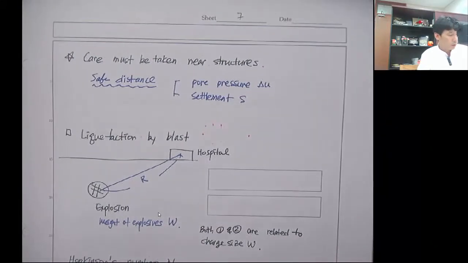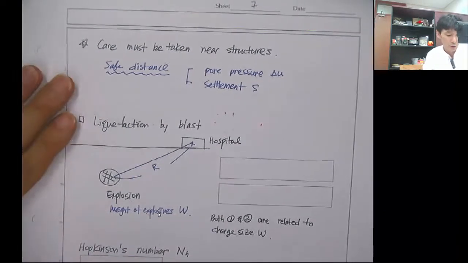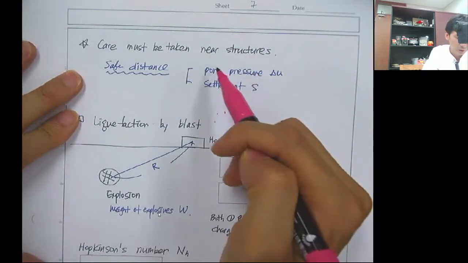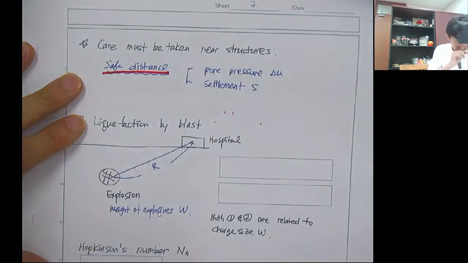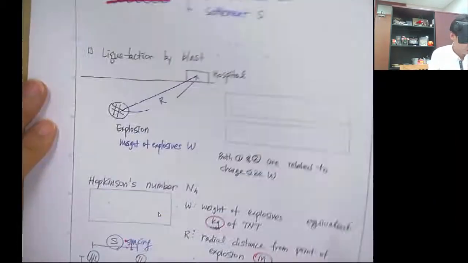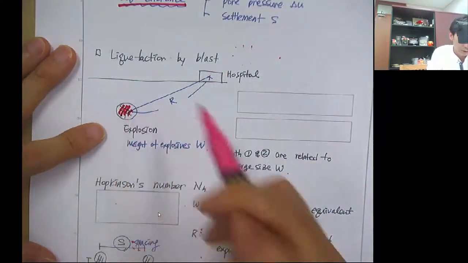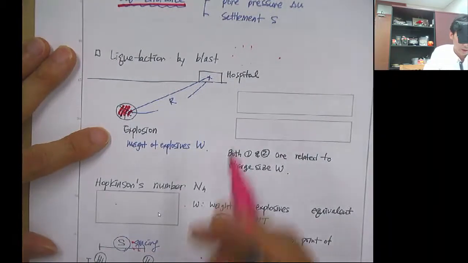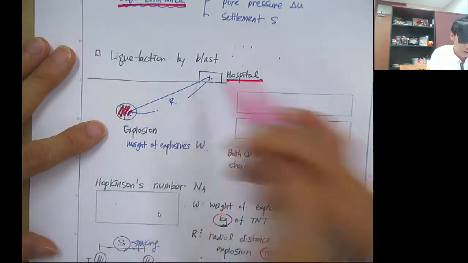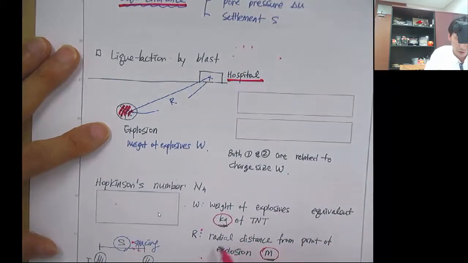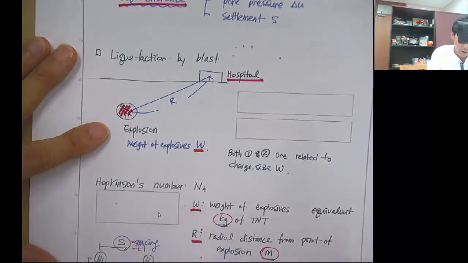And because it's an explosion, it generates a huge vibration. So care must be taken about the damage to the structure. So the safe distance should be checked. So when the liquefaction occurs by this blast, say that this is the area where you detonate the explosives, and there's an important structure like a hospital at the distance of R. So R is the radial distance, and W is the weight of explosive. Then